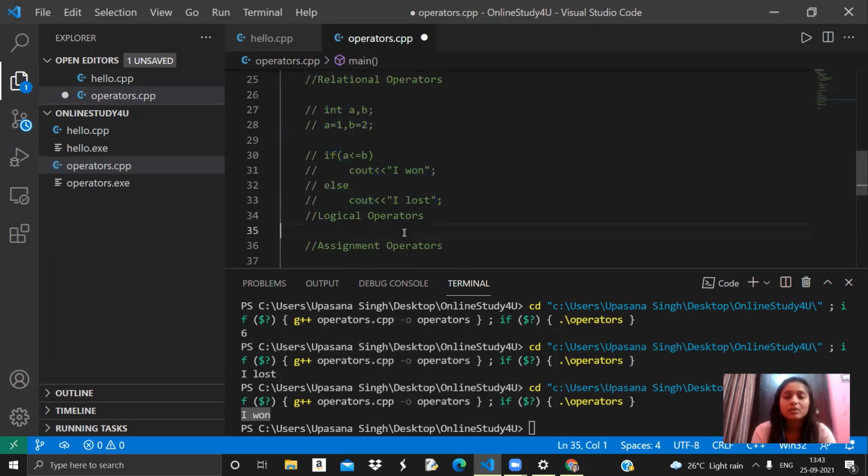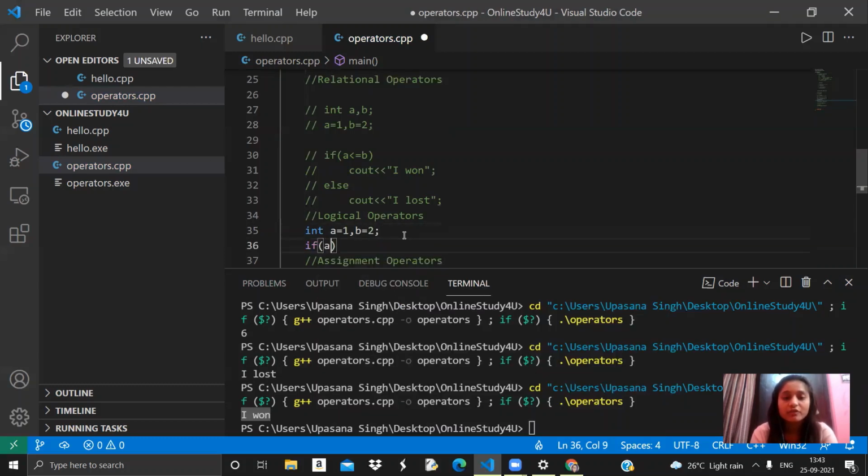Coming on to logical operators, we have seen that there are three logical operators: and, or, not. Let's see the and operator. The and operator always evaluates true only when both the expressions are true. Let's say a equals to 1 and b equals to 2.